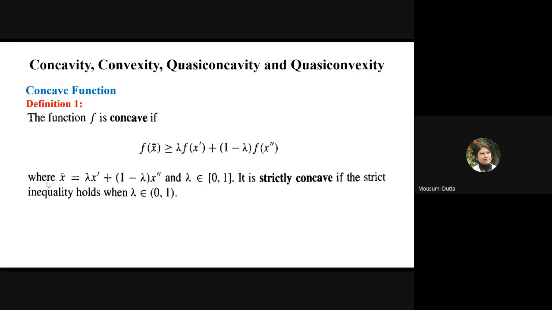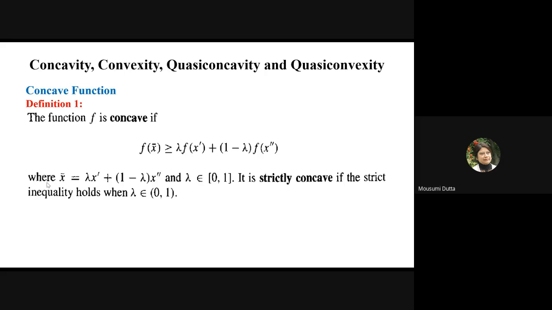So I think everybody is familiar with this definition of a concave function. If a function is concave, f of x bar should be greater than or equal to lambda f of x prime plus 1 minus lambda f of x double prime, where x prime and x double prime are two points along the function. X bar is the middle value, or weighted value. When I'm taking the weighted average, lambda f of x prime plus 1 minus lambda f of x double prime,